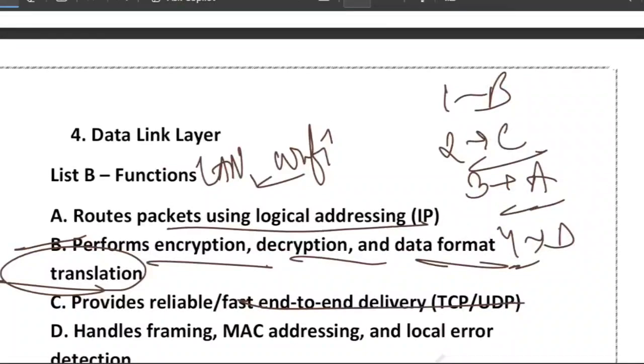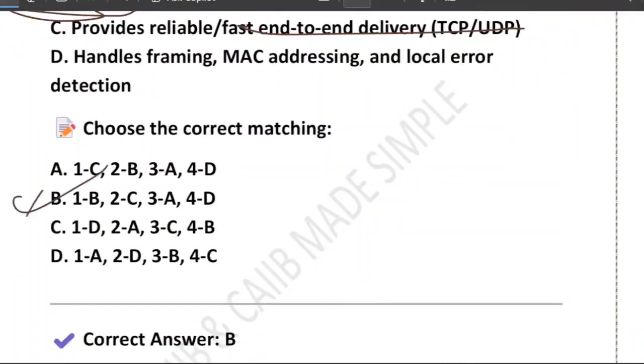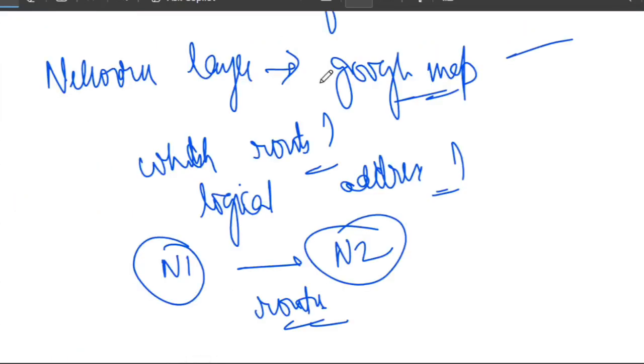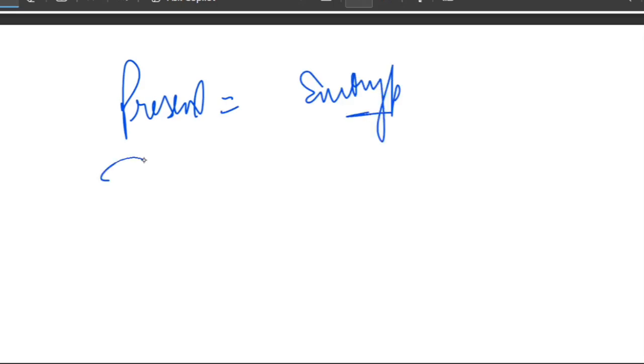So the logic is BCAD. I think the B option is correct. Just one way to remember it: presentation, you can think of encryption, right? Transport, you can think